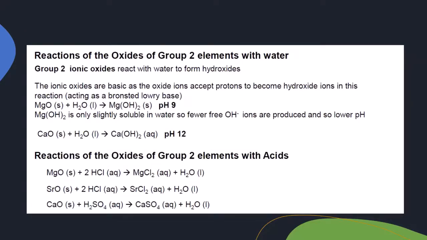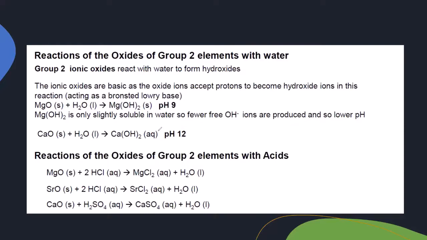Then reaction of oxides of group 2. First was the reaction of metal with oxygen, and now their oxides, how they react. So first one with water. Metal oxides of group 1 and 2 are metal oxides, or we can also say basic oxides. So when we react, for example, magnesium oxide mixed with water, it will form magnesium hydroxide. Calcium oxide mixed with water will form calcium hydroxide. So when they form a hydroxide or alkaline solution, due to the presence of OH ions,